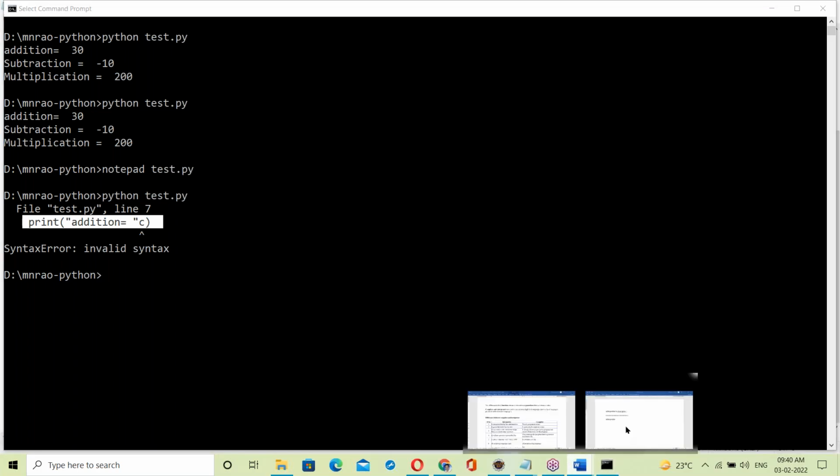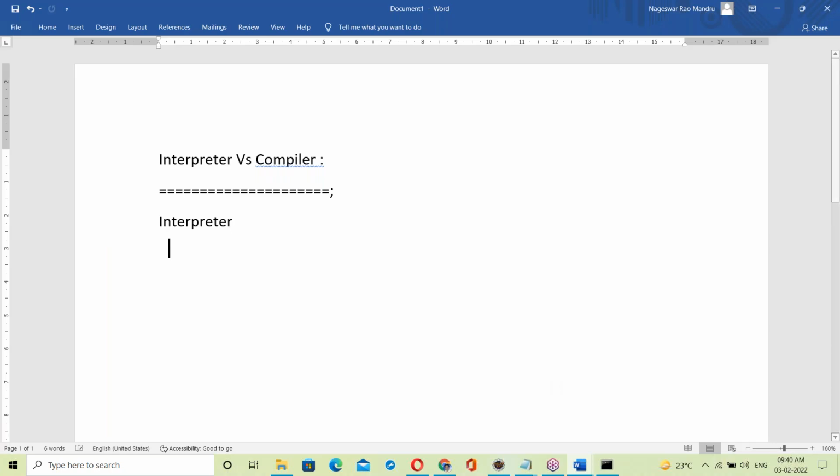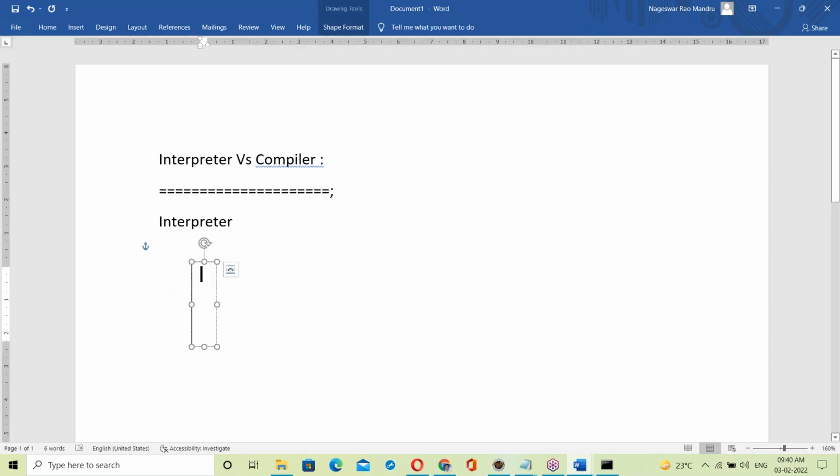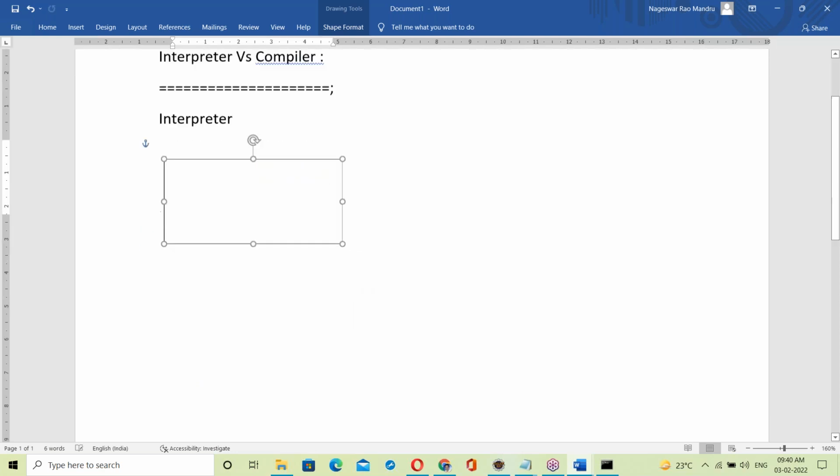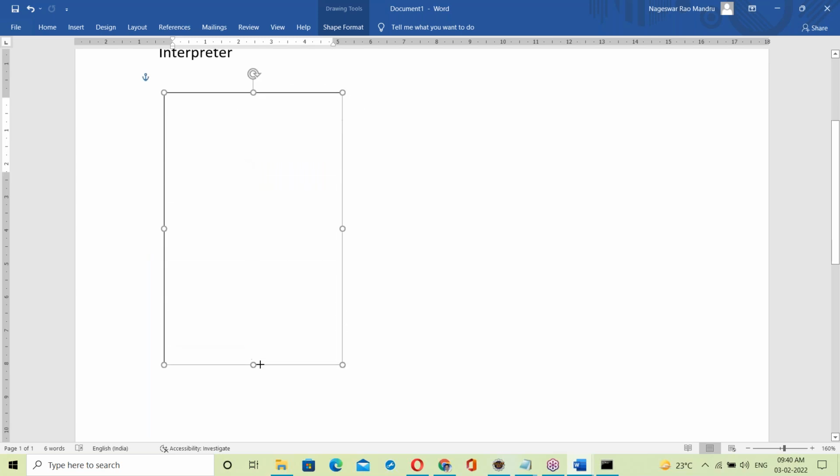So for a Python script, how is the interpreter working? Let us see how the interpreter is working. The working of an interpreter is like this.